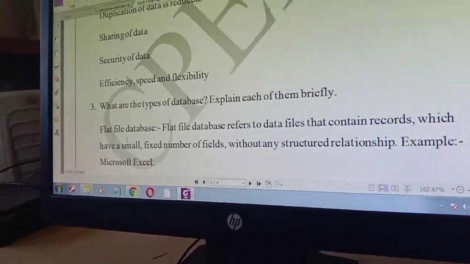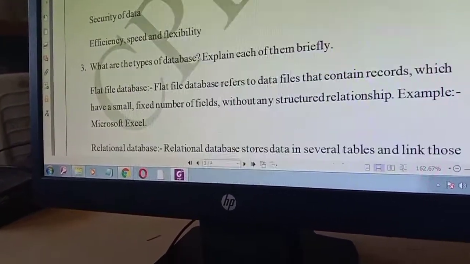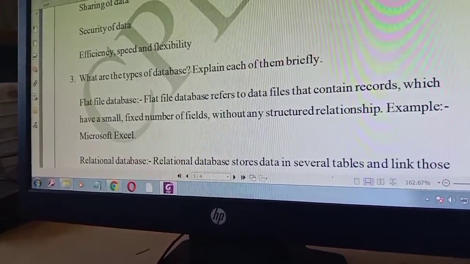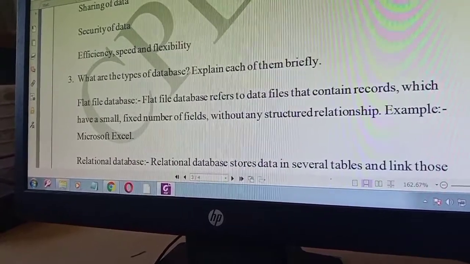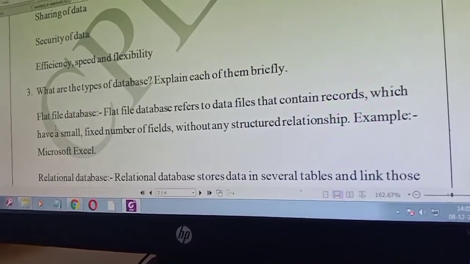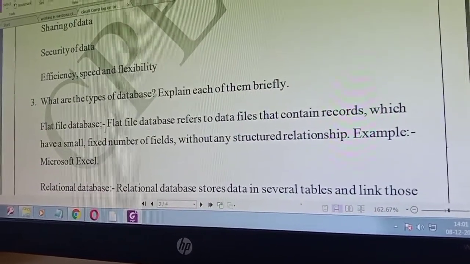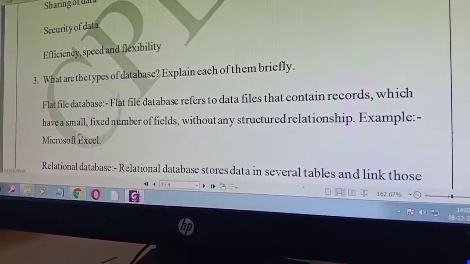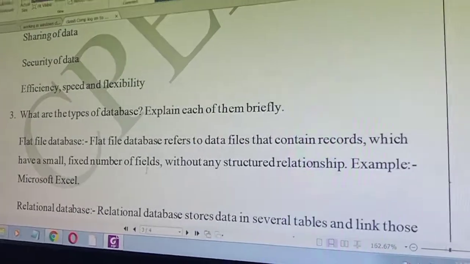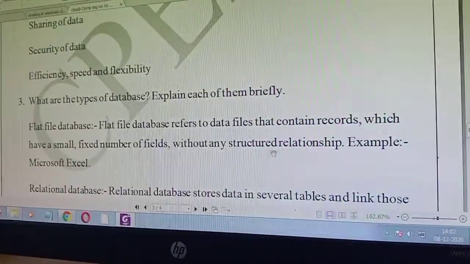As I have told you, there are 2 types of databases, like flat file database as well as relational database. Flat file database refers to data files that contain records which have a small fixed number of fields without any structured relationship.